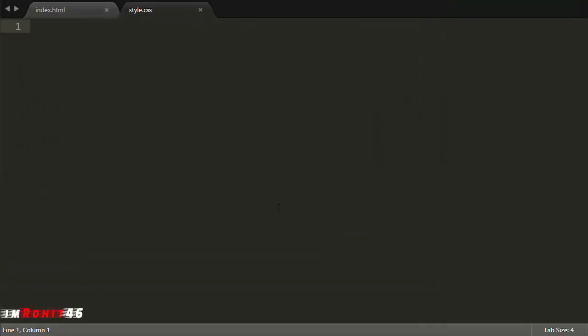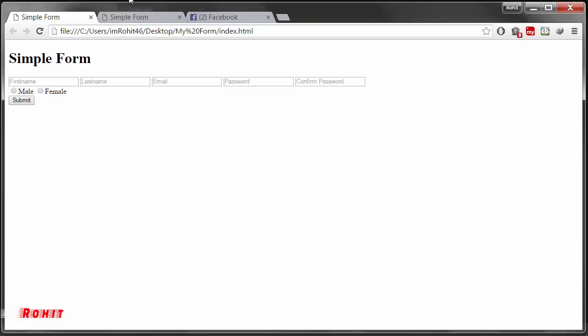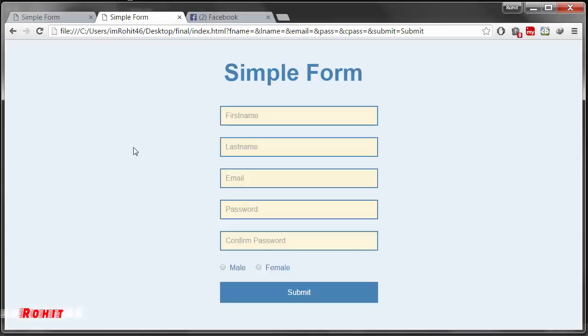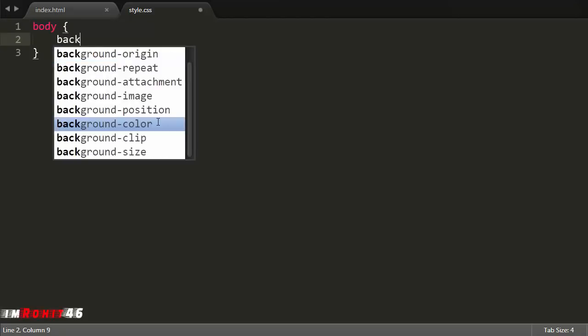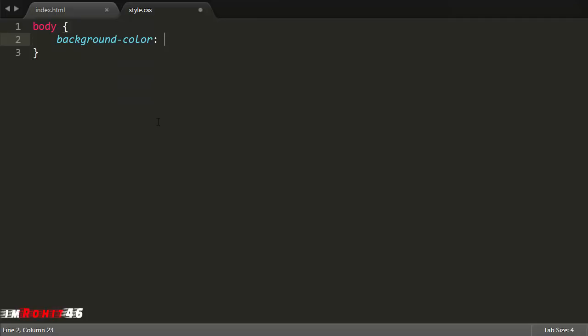So I have my style state. Now if you see this form, I have a light bluish background for my body, so now I'm creating a nice bluish background. The element is body, so I'm giving background color as hashtag